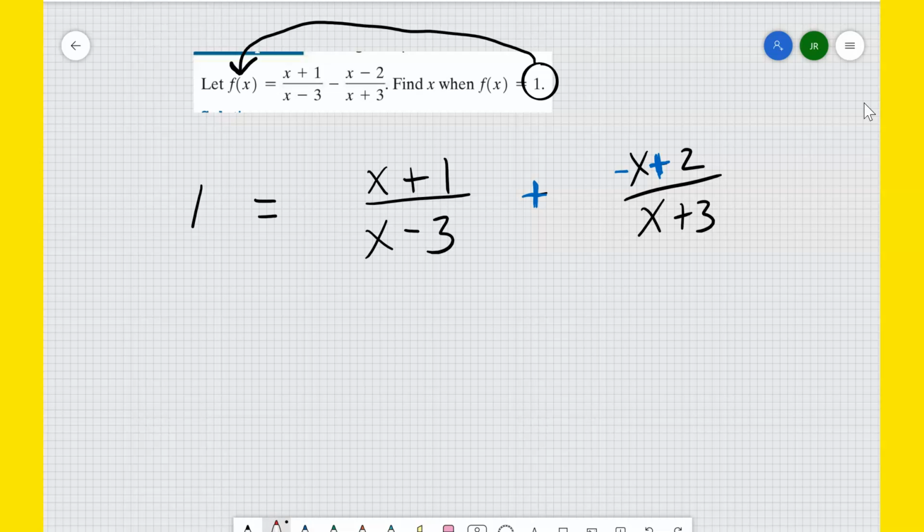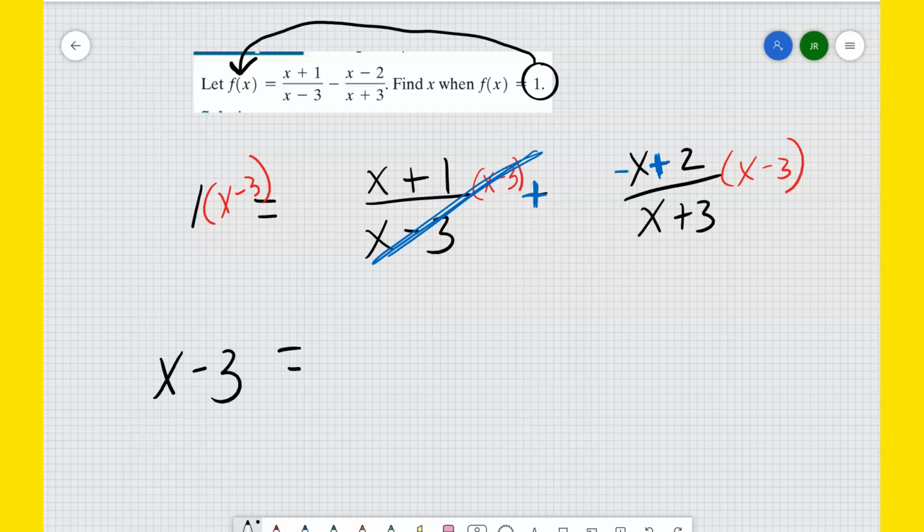Now let's go about getting everything off the bottom. So the first thing I get off the bottom here would probably be the x minus 3. So multiply that term by x minus 3 and this term by x minus 3, and back over here at this term also by x minus 3. So the x minus 3's cancel there. So what do I have on the left side? I've got 1 times x minus 3, so I distribute the 1 and I get x minus 3 equals, the x minus 3 is canceled, so I've got x plus 1